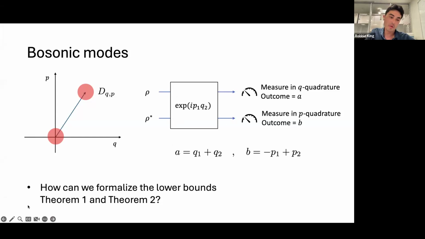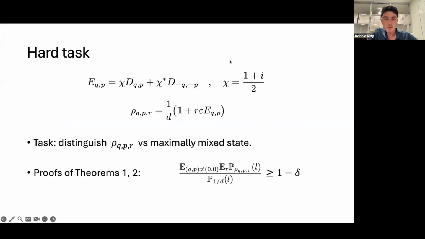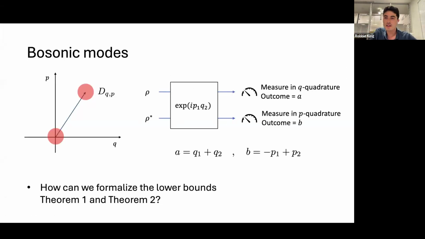optical language, which I'm not sure if anyone here works on that sort of thing, but you know they talk about squeezing and quadratures and all of this stuff. So there's a way of viewing this in this sort of natively bosonic language. Maybe I have one more slide, but I think this is not necessary. So I think I'll stop here and take questions if there are any. I realize this is a bit short, but hopefully that's okay.